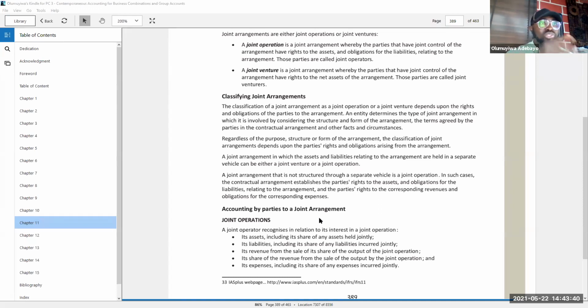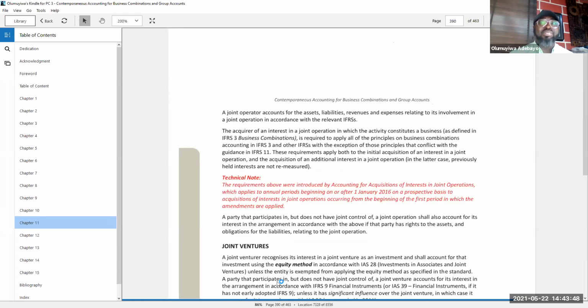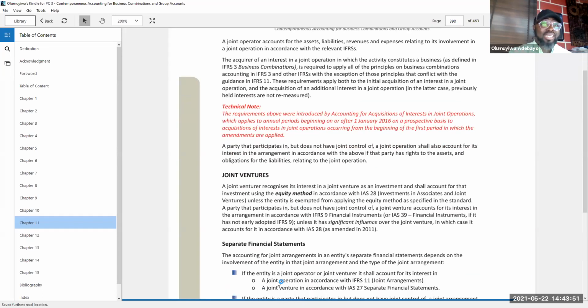But that will not be said of joint venture. Joint venture by its own principle will be accounted for in similar vein as we are going to be accounting for an associate. That is why we paused on an associate, to come here in order to return back to that. And what is it? Joint venture will be treated using equity methodology. For short, equity method. Which then means that we can now go back to where we started from in marrying the accounting for joint venture with that of associates.